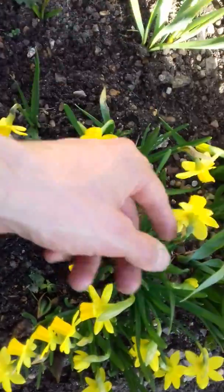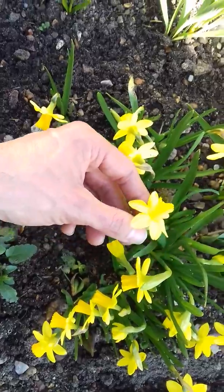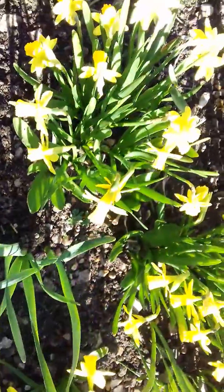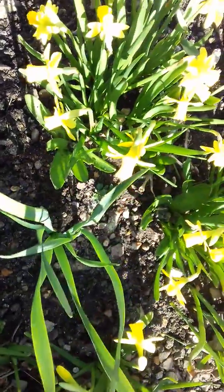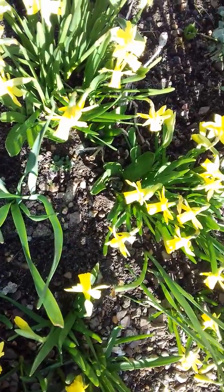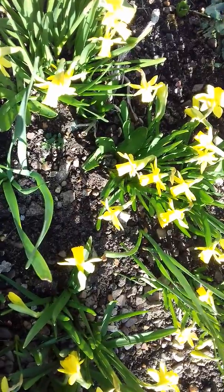So I thought I'd show you these beautiful little daffs. I mean, look at those. Don't they look gorgeous? Just lovely, vivid yellow there. It really is lovely, because this time last year, we were around the time of the Beast from the East, that period of chilly weather, so to speak. If you can't remember that, or you...